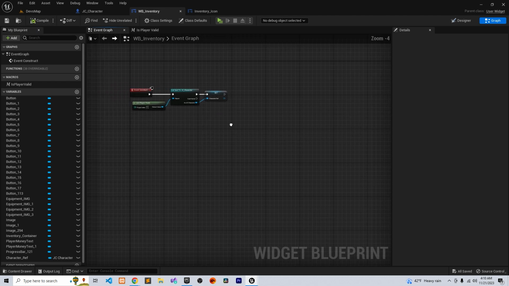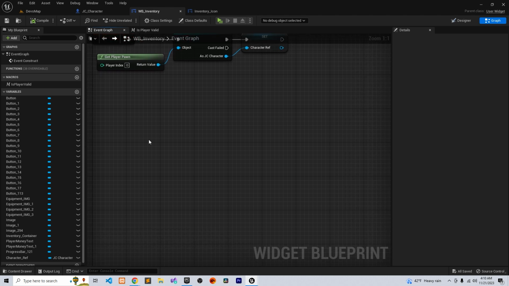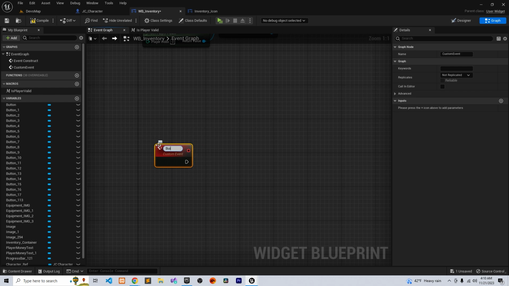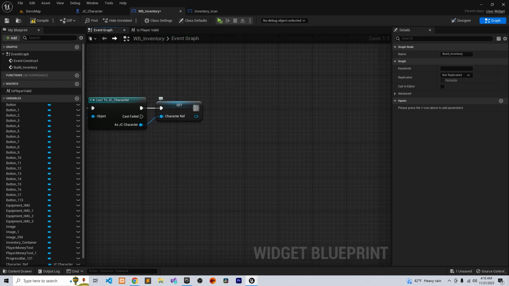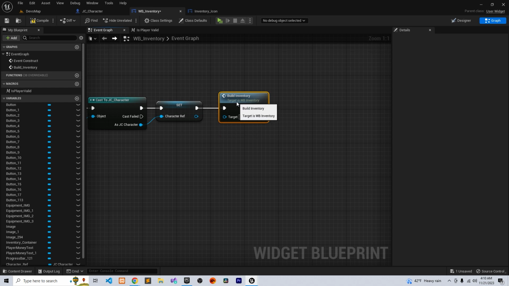Right? Okay. So the first thing I'm going to do is I'm gonna create a function called build inventory. And right away, I'm going to call it here, build inventory. Okay. So